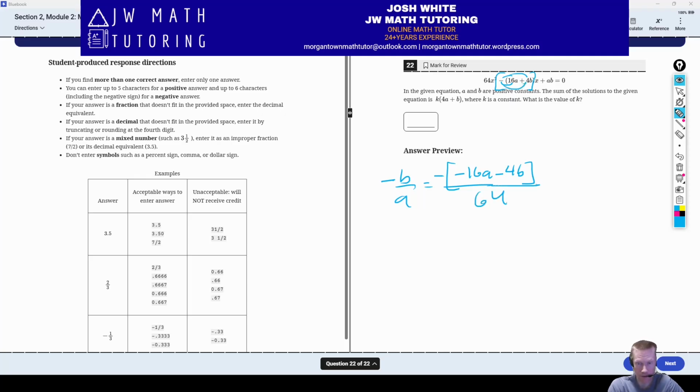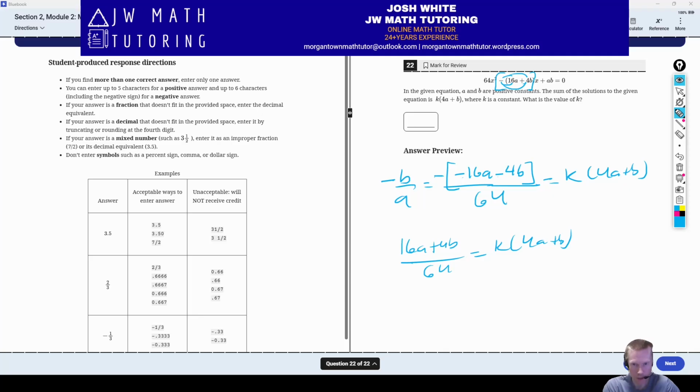A is positive 64, okay? Then they tell us this is equal to k times 4a plus b. All right, a couple things. This negative in the formula will cancel out both of these, so it will become 16a plus 4b. And then over here,